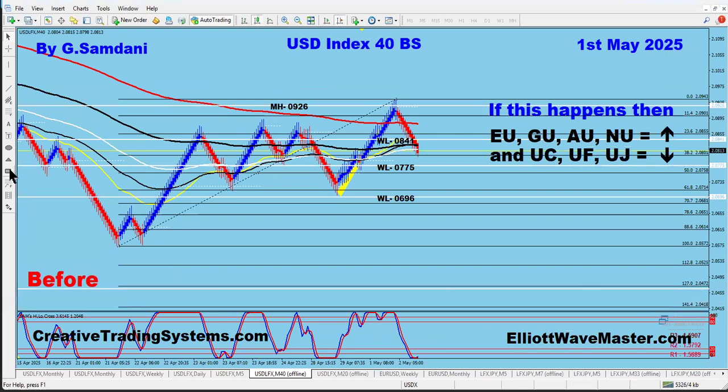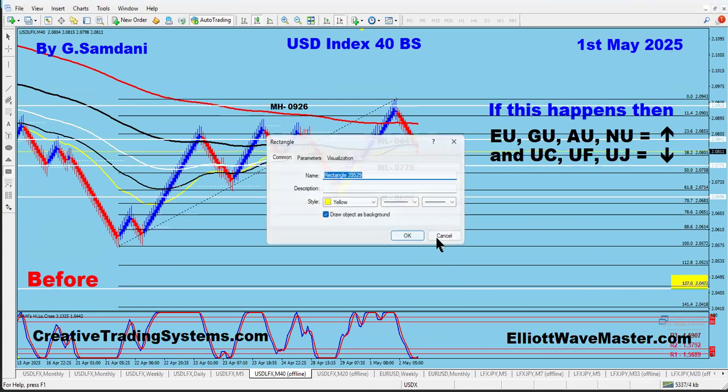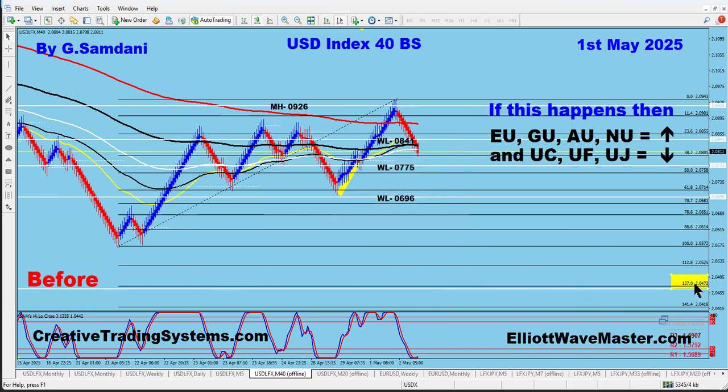So I'm going to make the chart, and then maybe I'll post it on Telegram. I'm not going to send out the folder or all of that. I'll do that on Saturday with all new charts and everything. I'll get as many charts as I can. So this is what I'm expecting now: UJ dropping, UC and UF, and then GU and EU going to the upside.